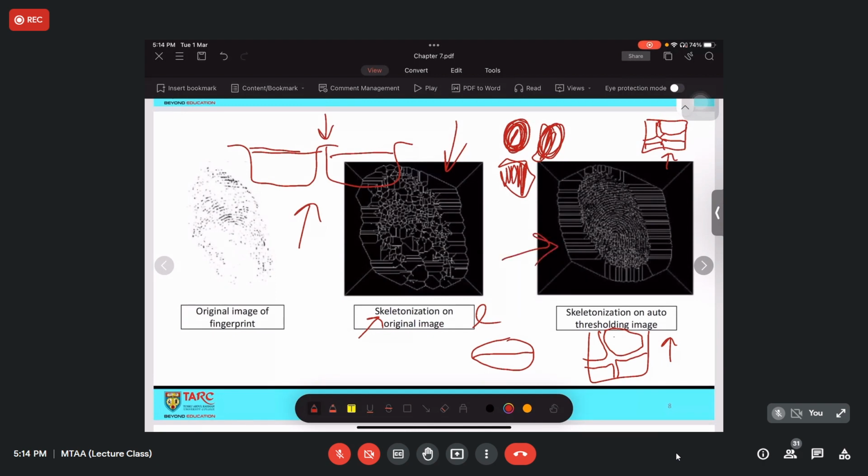Because this is the input image, you can observe that this is a fingerprint, but it is very difficult for you to analyze it. So you need to perform the skeletonization. And after you perform the skeletonization, you would be able to get the fingerprint lines clearly. After that, you can scan this and search in the database to know whose fingerprint this belongs to, something like that.